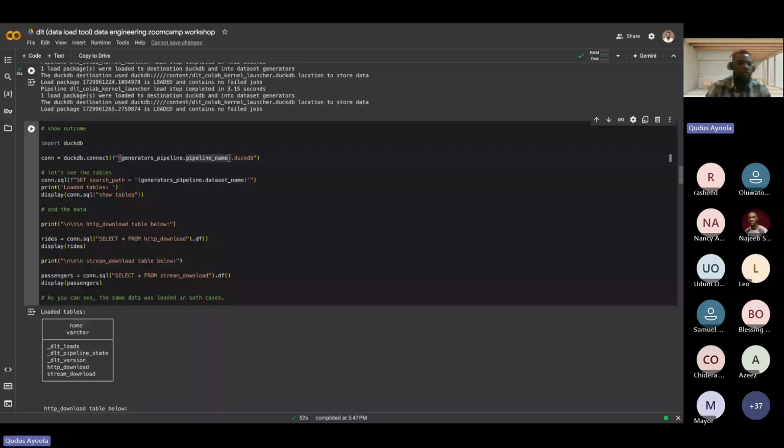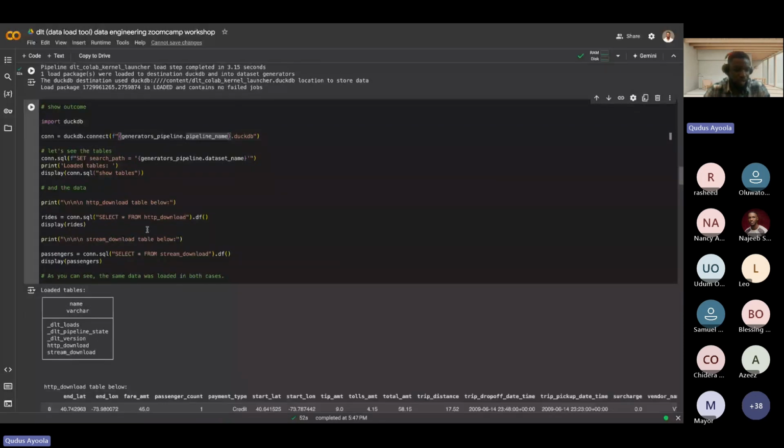Basically, you can use it for your development pipeline before you move to production. And it's relatively very easy to spin up within your Jupyter notebook or whatever script you want to have it running in. And you can easily perform your SQL in order to test those different tables that you have loaded. So right here, this is showing all tables that we have within our DocDB database. So right here, you can see the table we just loaded, which is HTTP download. This is what we have in our pipeline.